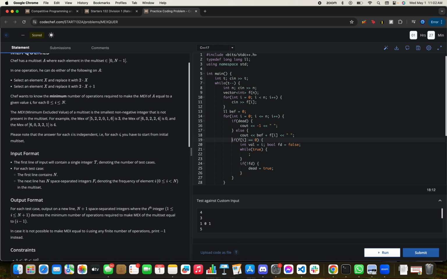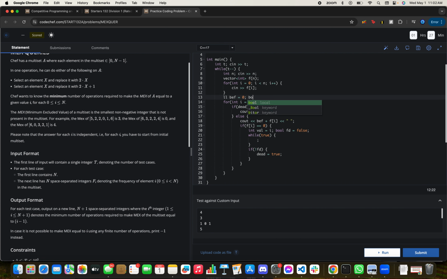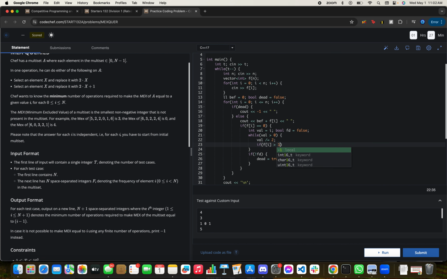I don't have this feature. Okay. Alright, so now I just have to keep moving the thing down, right? So alright, so val mod 2 equals 1. Actually, just generally val divide equals 2, right? F(i) is greater than 1. And would be